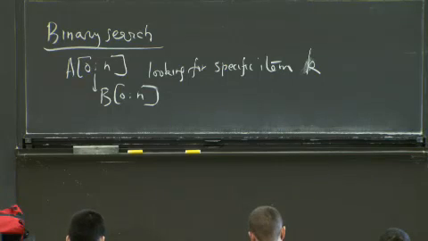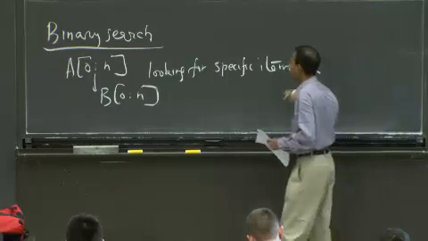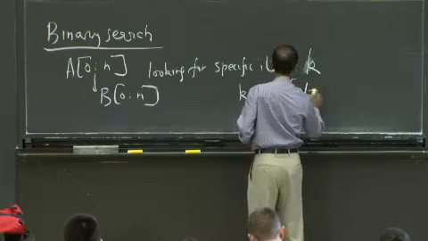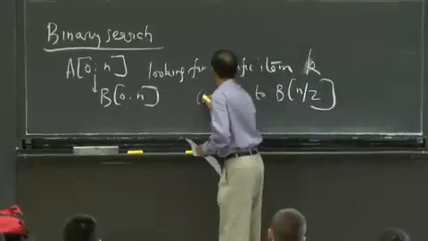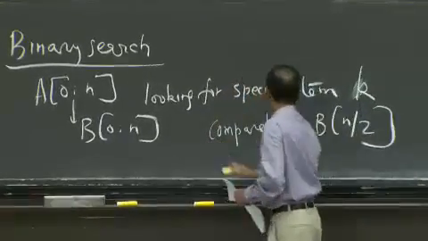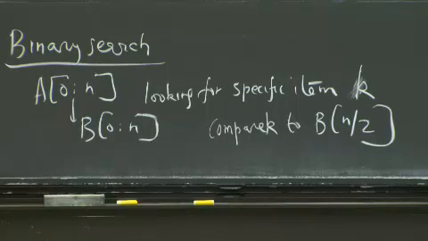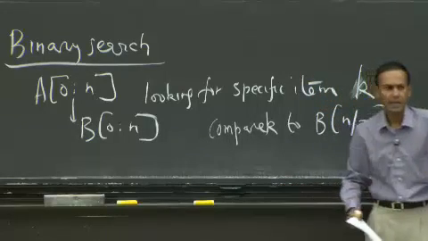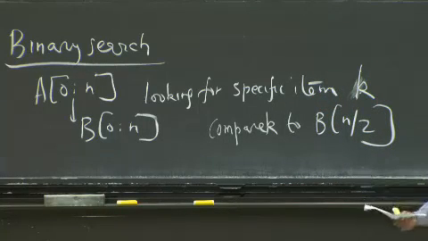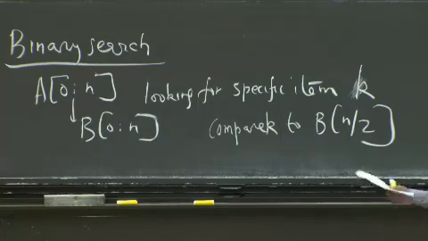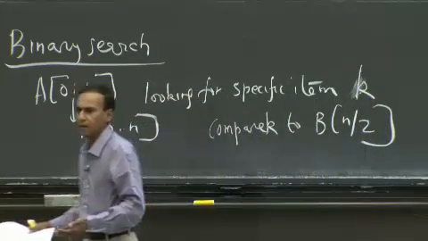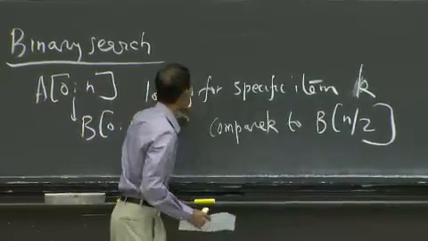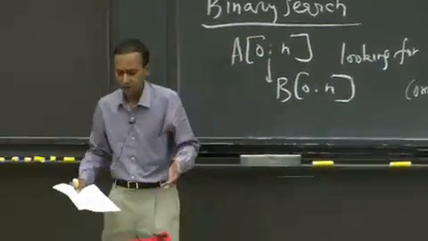Binary search, roughly speaking, would work like this: you compare K to B of n over 2, and decide, given that B is sorted, you get to look at 1/2 of the array. If B of n over 2 is exactly K, you're done. Otherwise, you look at the left half, you do your divide and conquer paradigm, and you can do this in logarithmic time. All right? So keep this in mind, because binary search is going to come up in today's lecture